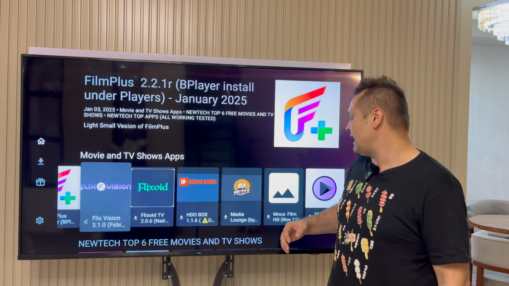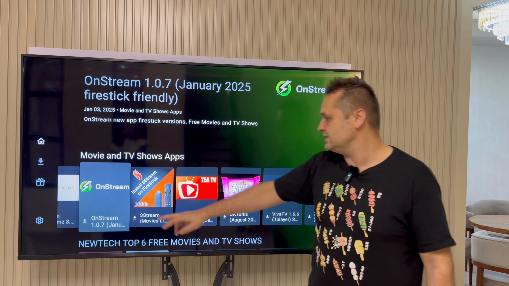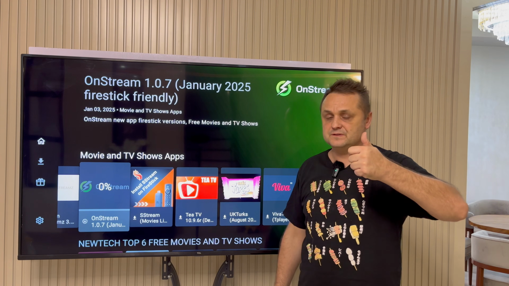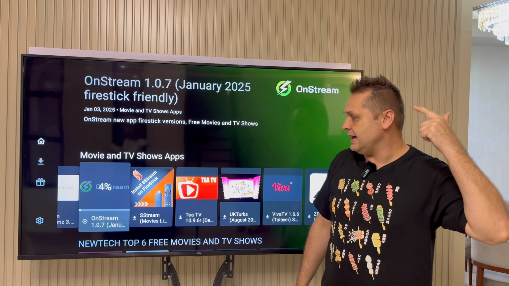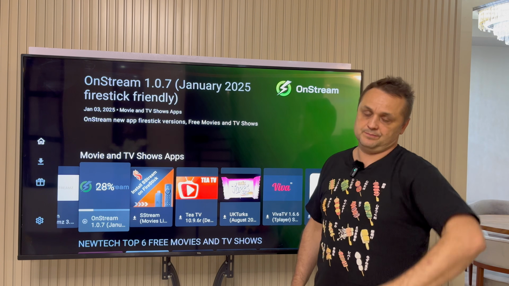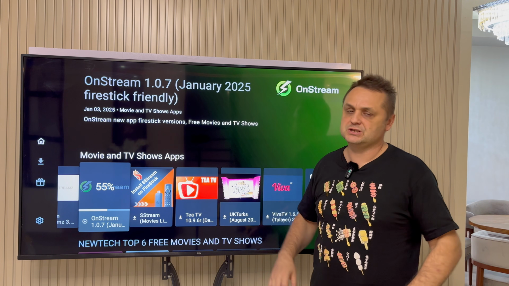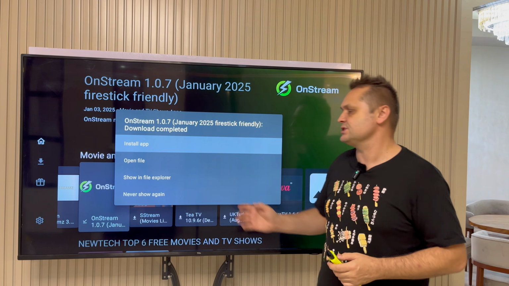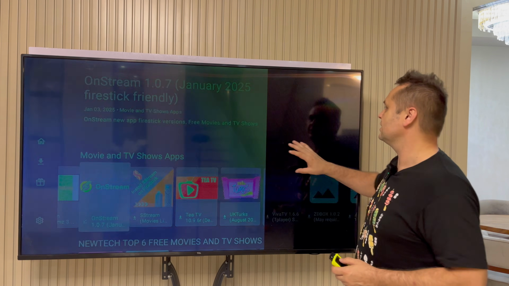So our third application, which I think is awesome, is the OnStream application. That's my third favorite application. So FlixVision, Ocean Streams, and OnStream. Okay, so these are my 3 favorite applications. Feel free to explore the other applications. Feel free to see which ones are good, but these 3 are going to get you covered right across the